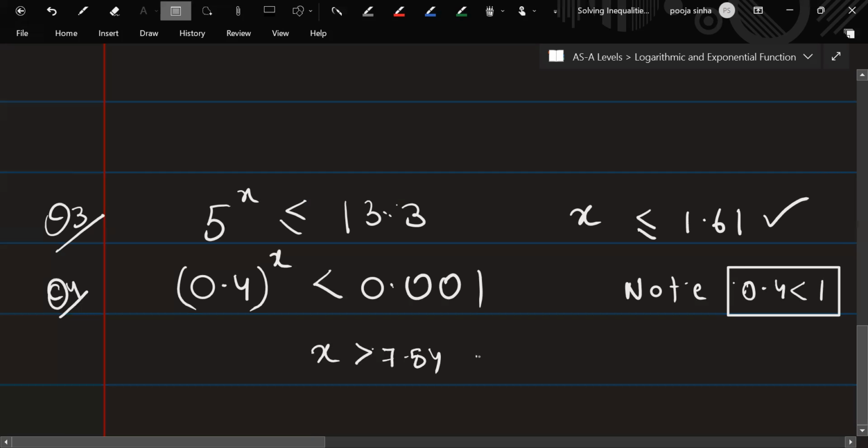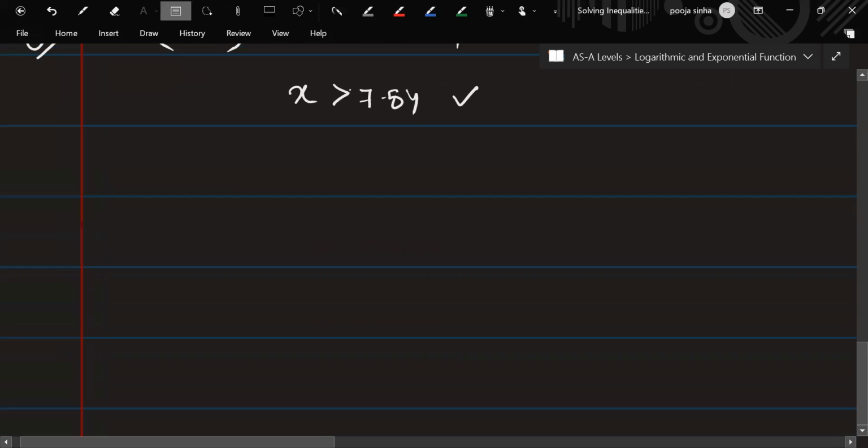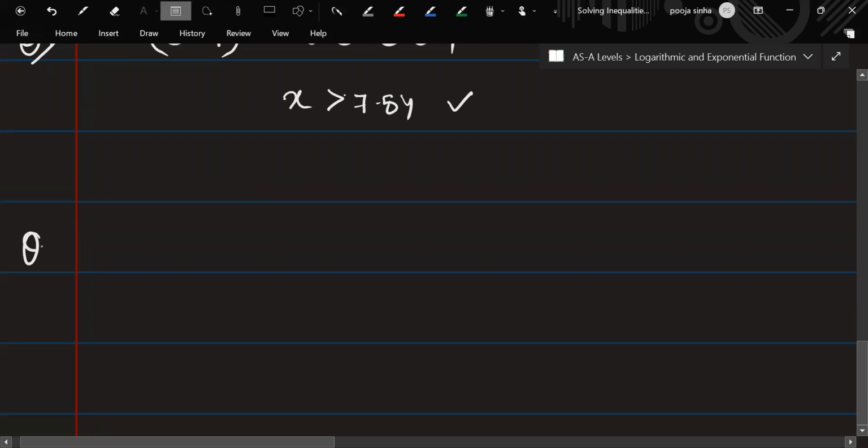Yeah, absolutely correct. Next question. Now this is going to be a word problem. Okay, so the question says,